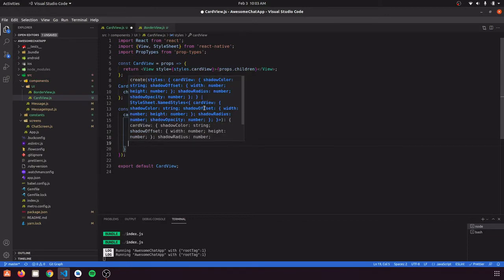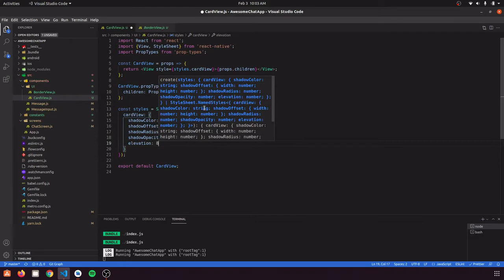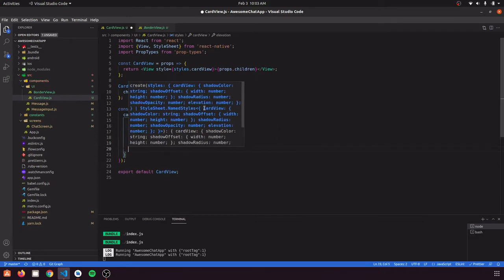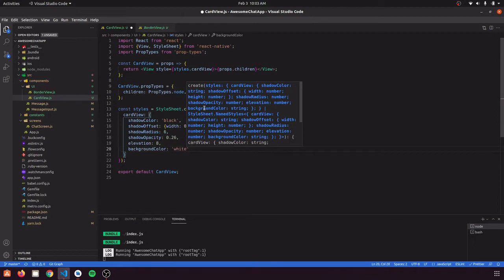And now comes the turn of Android. So for Android we just have one property, elevation. So let's just give it an elevation of 8. And now we are going to give a background color to this card view. If you do not give a background color, it will take the color defined in its parent background.